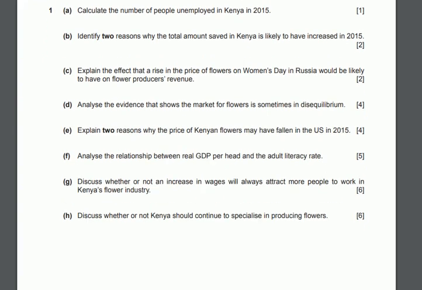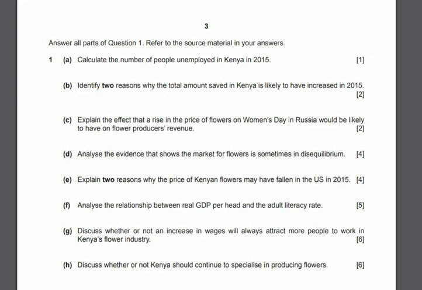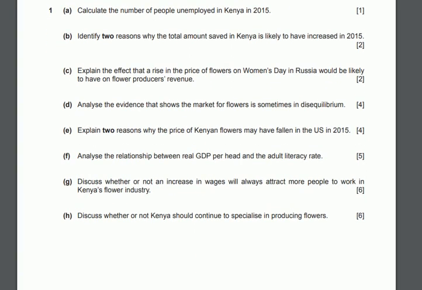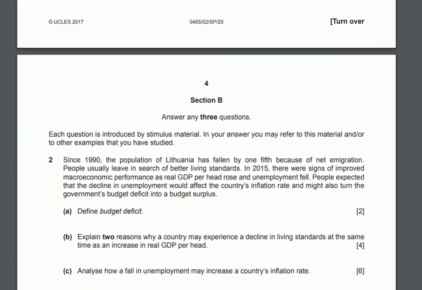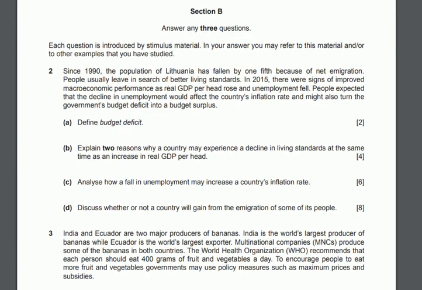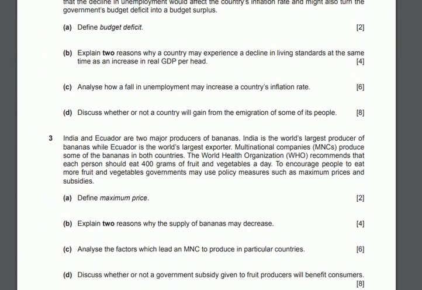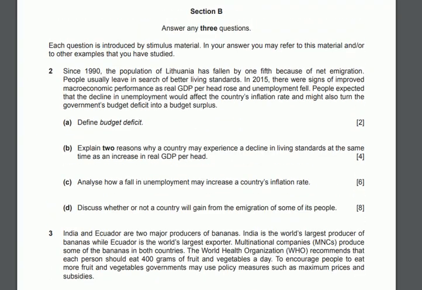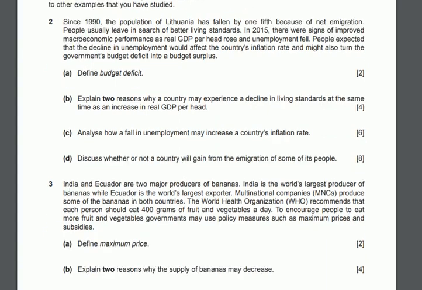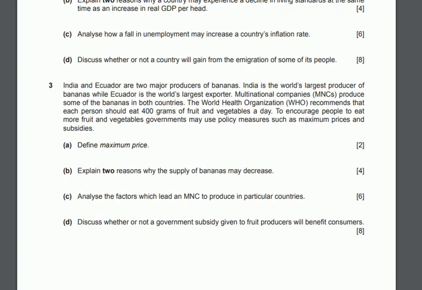Most marks is 6 there at the end. Discuss whether or not Kenya should continue to specialize in producing flowers. That's your question 1, using lots of the data response, not data ignore. And then your section B, answer any 3 questions. So there's question 2, which is on Lithuania GDP, inflation. Question 3, which is on India